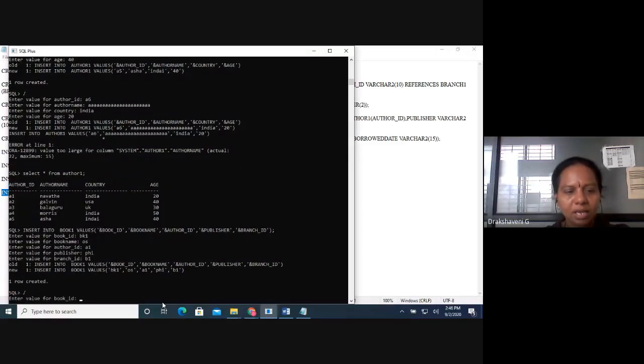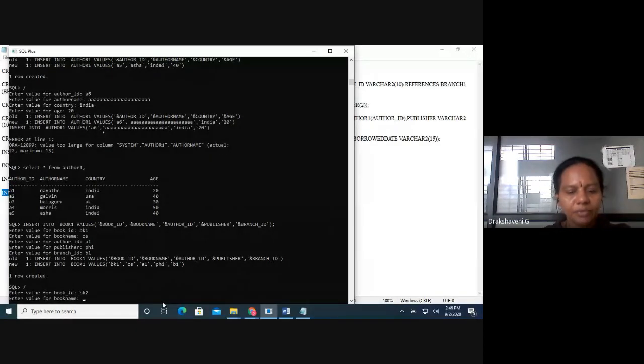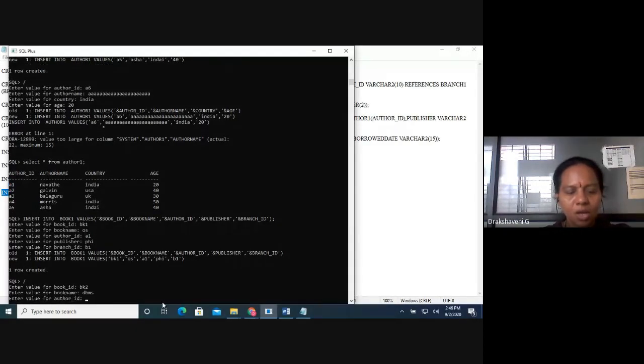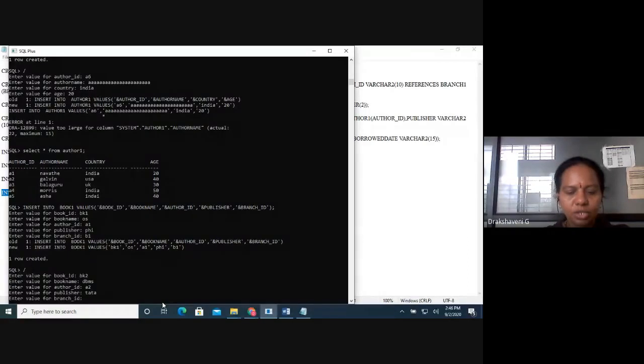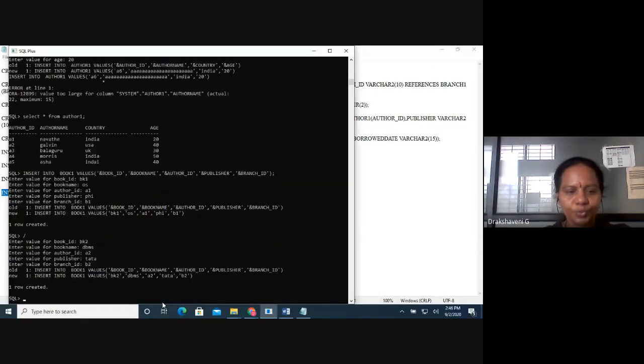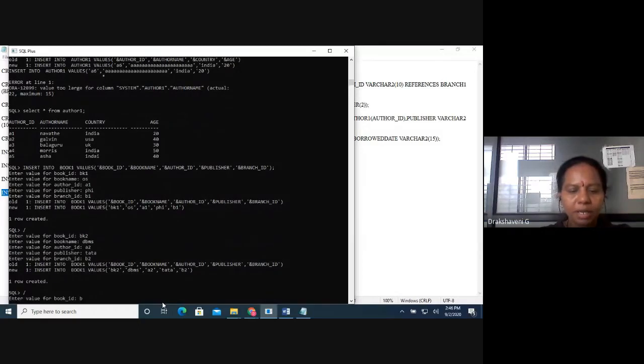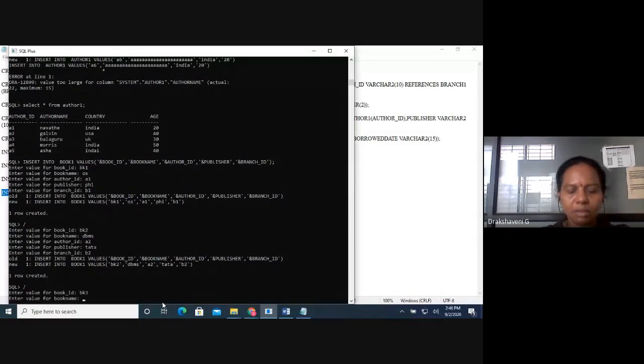So now enter one more column. Book 2, book name, DBMS, author ID A2, publisher, you can give anything, Tata, branch ID, P2. Okay, like this you keep entering some values into your table.